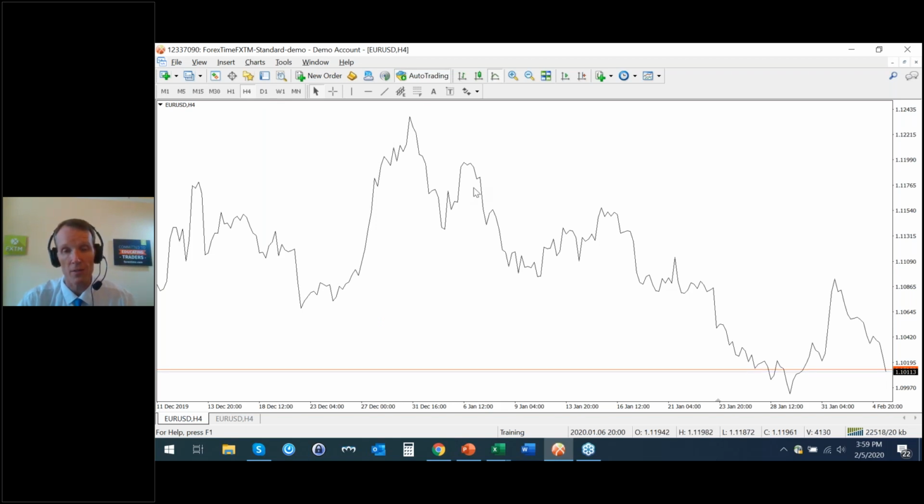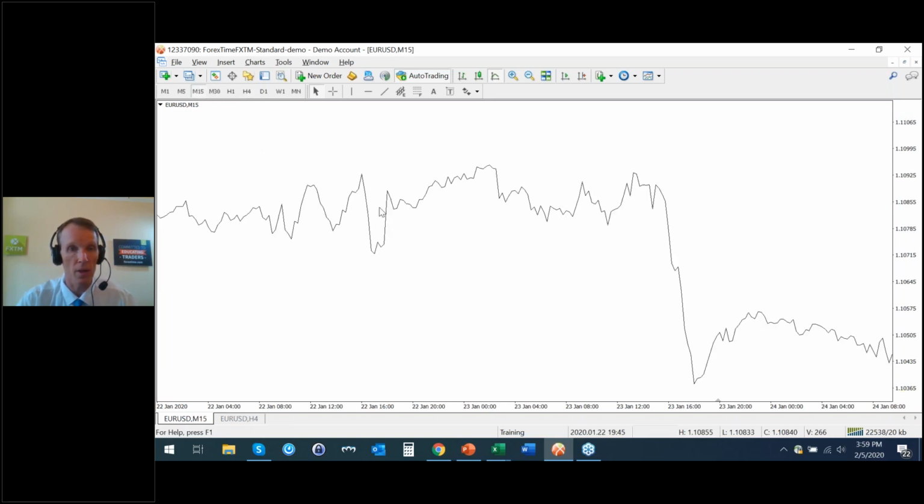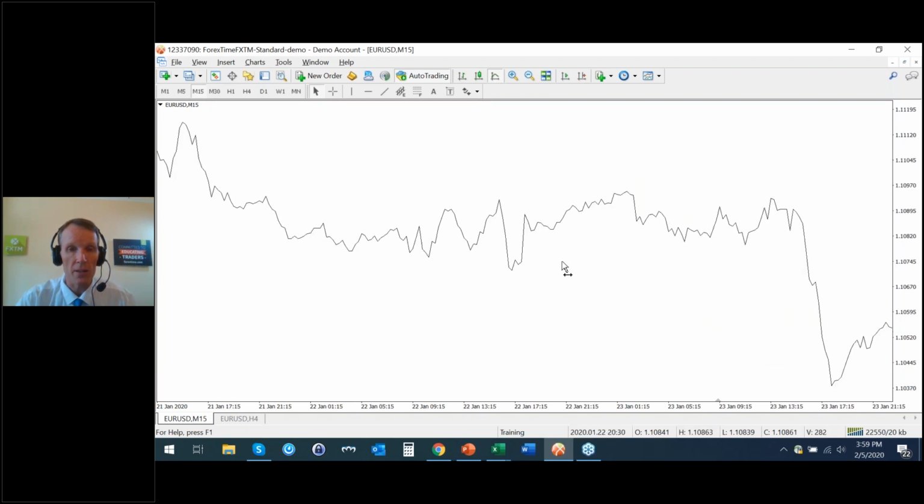That's the advantage. But the disadvantage is there's not a lot of opportunities. So the daily, you might get 1 or 2 opportunities a month. The 4 hours, 1 or 2, perhaps a week on a currency pair, perhaps, right? If you go to the lower time frames, so let's go to the 15 minutes, you'd immediately see the structure